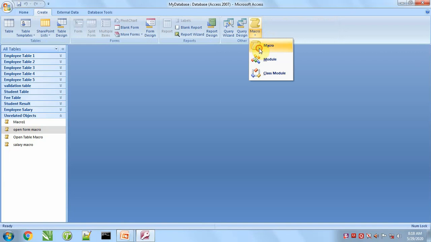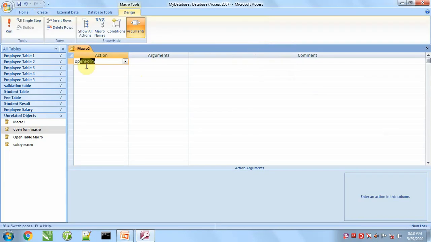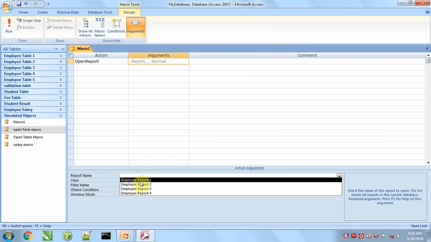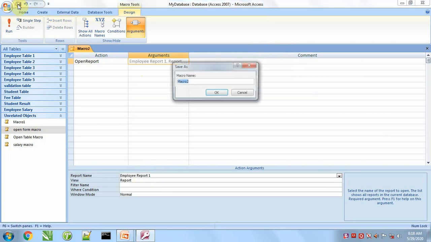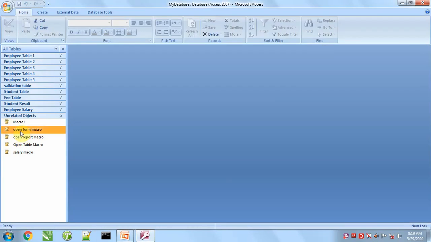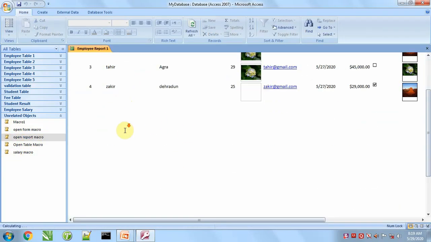Next is open report macro. This macro will open a report. I am taking employee report 1. It will open the report.